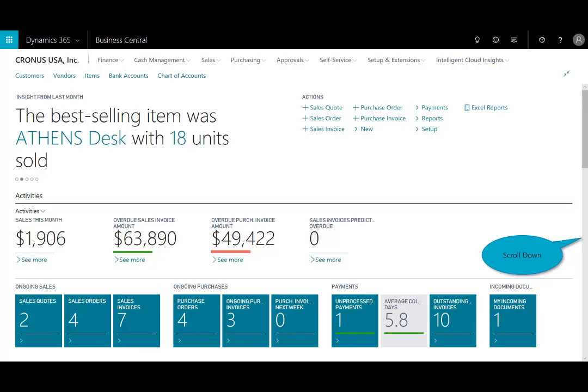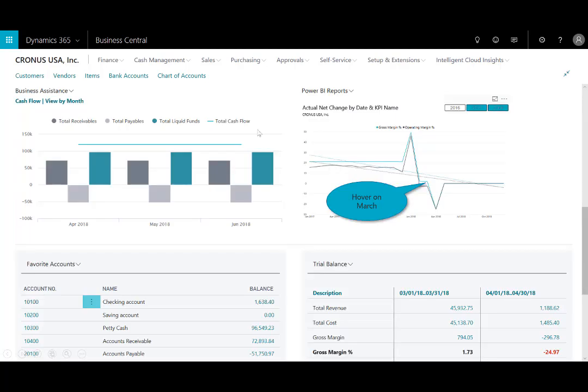So to begin with, I'm in the role-tailored homepage as the business manager role, which would be typical for most business owners. And you can see immediately the wealth of information, the key metrics: sales this month, overdue sales amount, the overdue purchase amount, any additional information I need here, my incoming documents, outstanding invoices, and I can scroll down to see my cash flow, my favorite accounts if I needed a quick link into those, as well as an